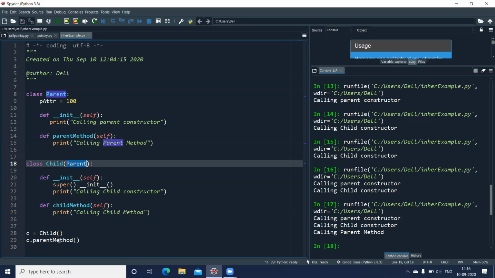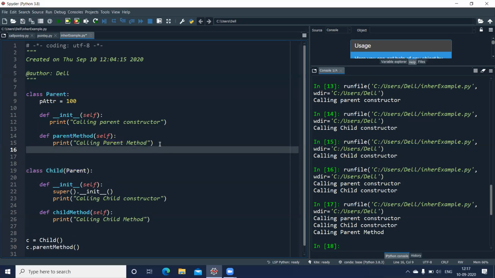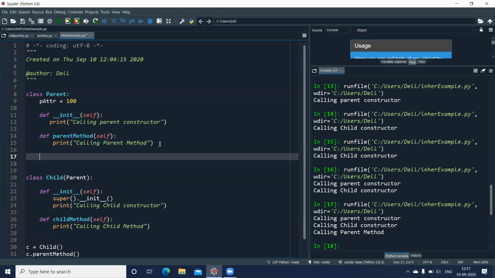Now there's one attribute called attr, which is having some value. Let us try to access that. So we'll write two more methods here inside the child class. First method I'll write is to set the value. If you remember, we had a function called set attr, right?